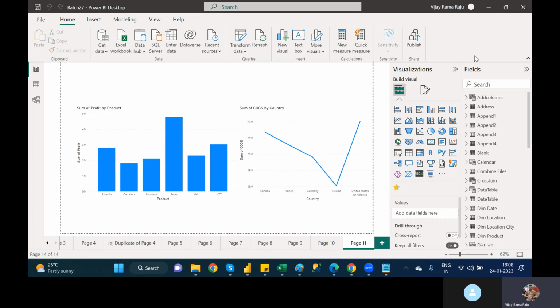Okay, what is drill through? Drill through is nothing but if you want to filter from one page and have that particular value filtered in another page itself, then at that time you have to use this drill through option. Okay, so